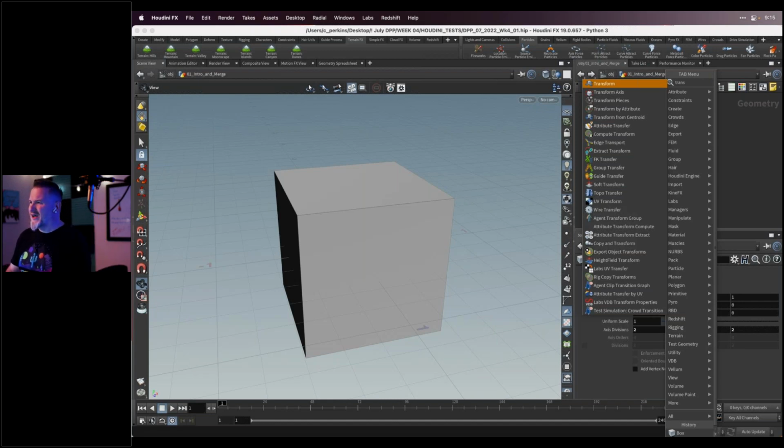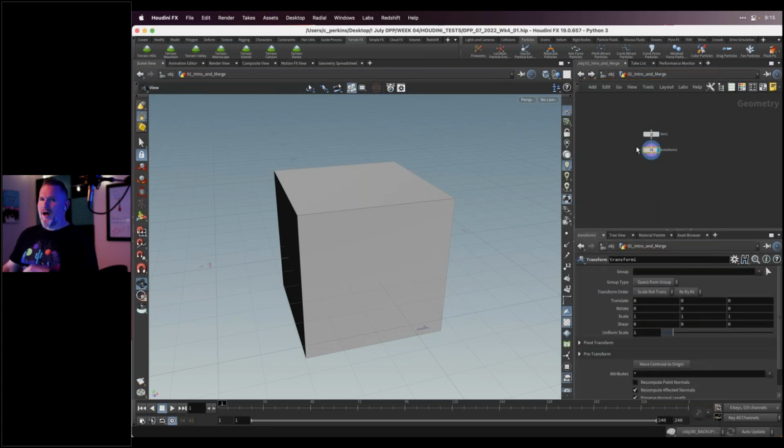It gets kind of annoying. So what I like to do is hold shift enter. If I hold shift enter, then it automatically adds the node and automatically wires it up for me, which is really cool.